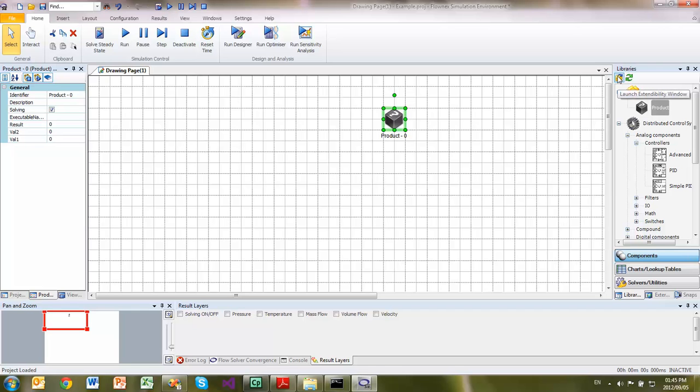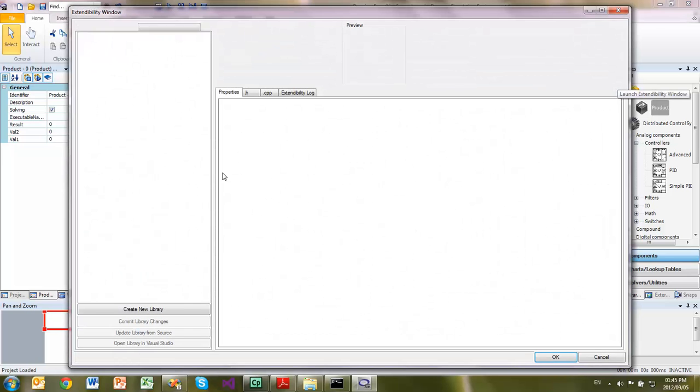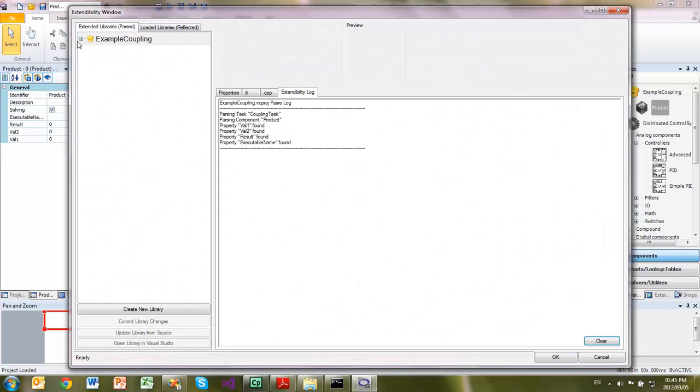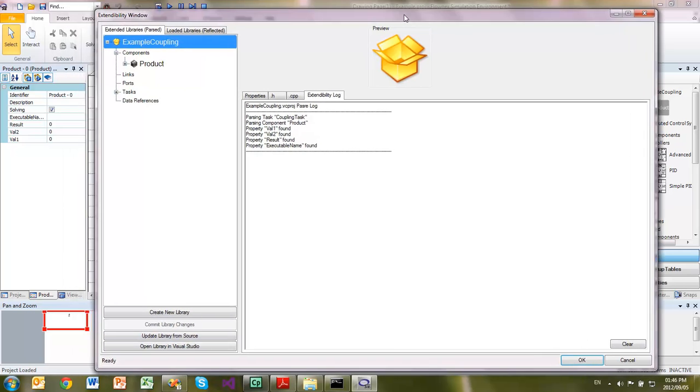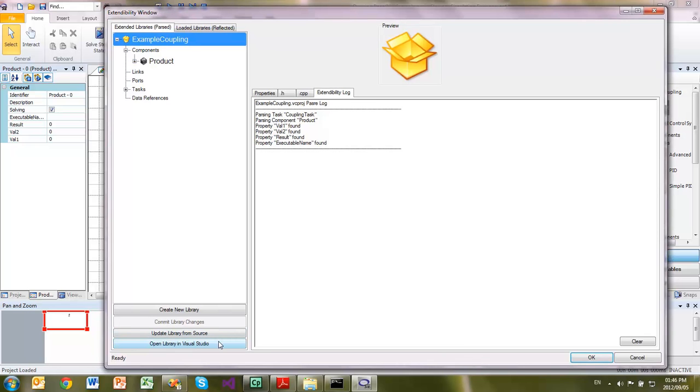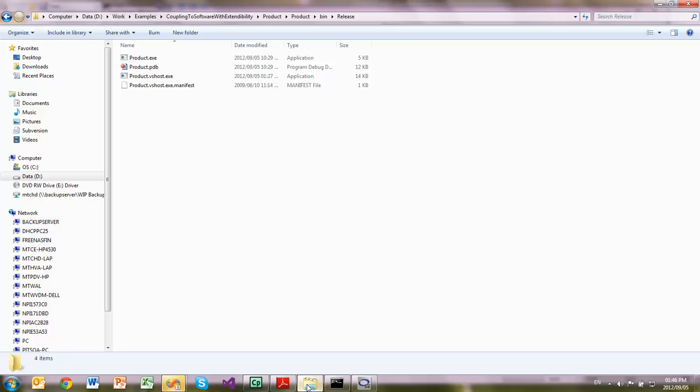If you want to edit this again, you can just say launch extendability window. You can come and add more properties to your component, and add links in the same fashion. We now want to open this library and write the code necessary to couple to our external program. You can open this library from the extendability window, but you can also open it directly in Windows Explorer in